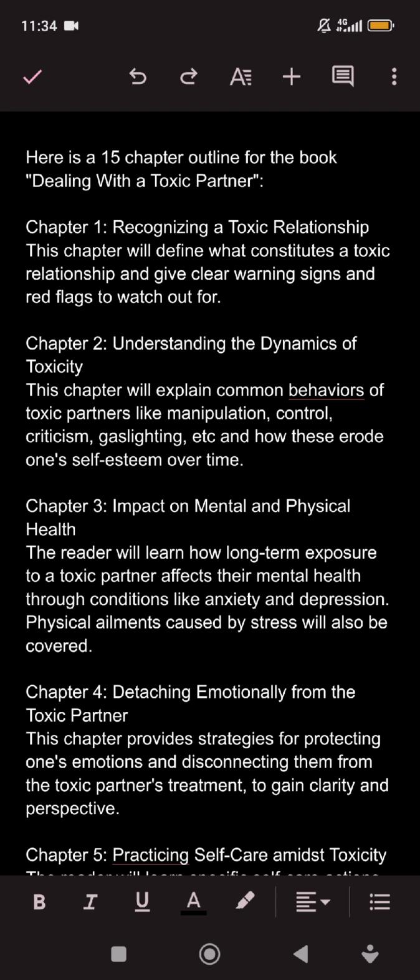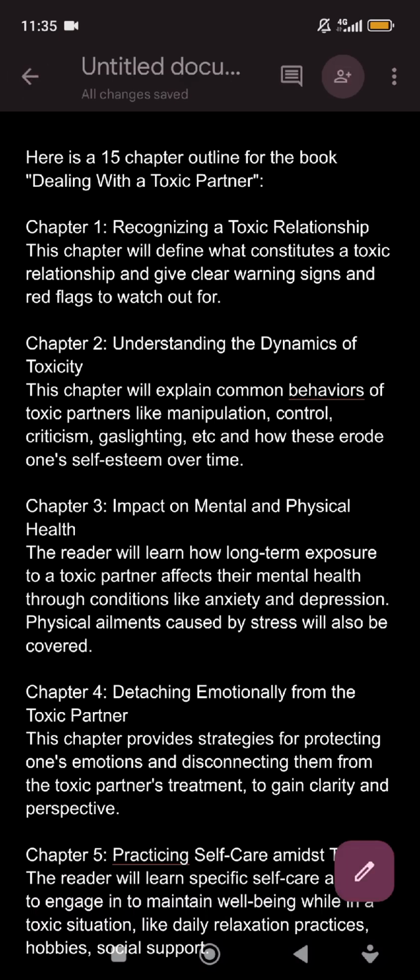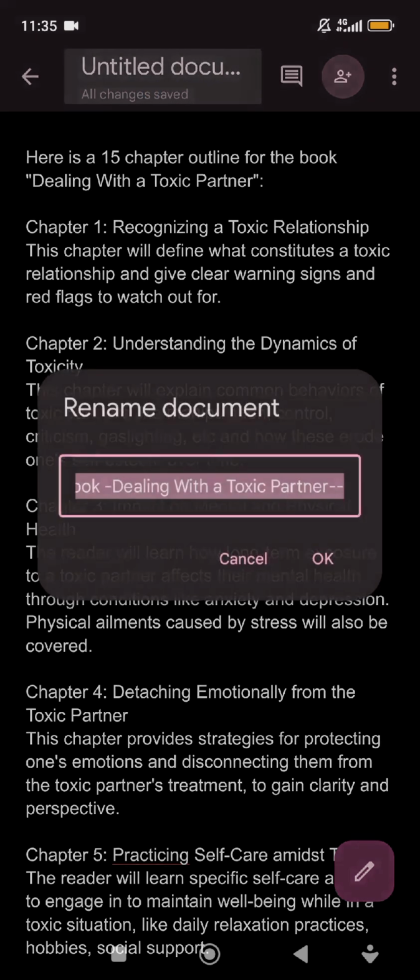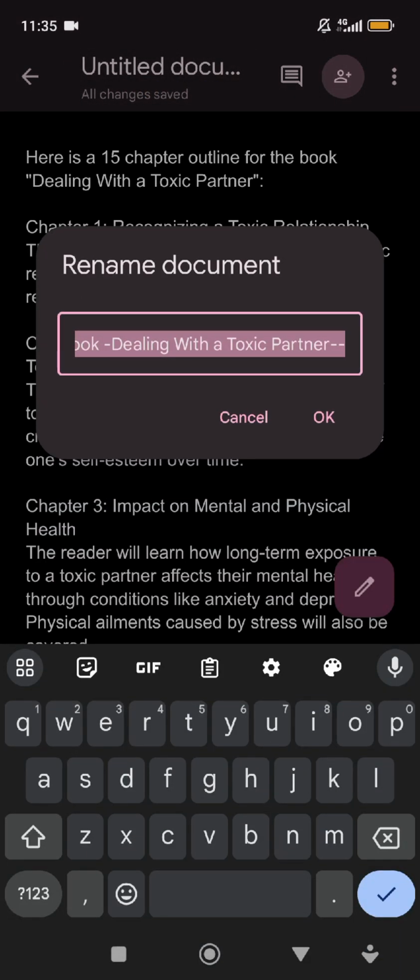Once you have this here now, this will guide you to continue. It says, here is a 15 chapter outline for a book dealing with the toxic partner. You see this place at the top left of your phone. You click that place. It's saying untitled document. You can give the document a title.